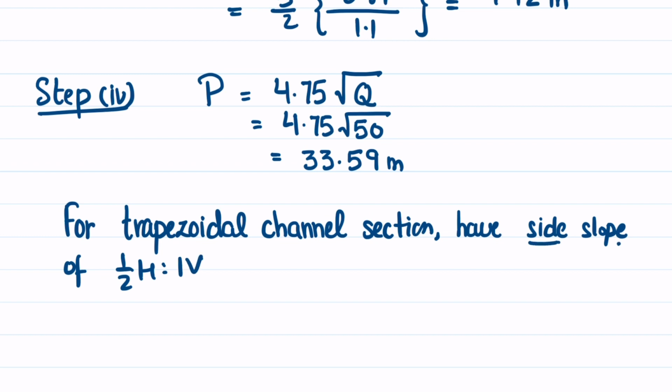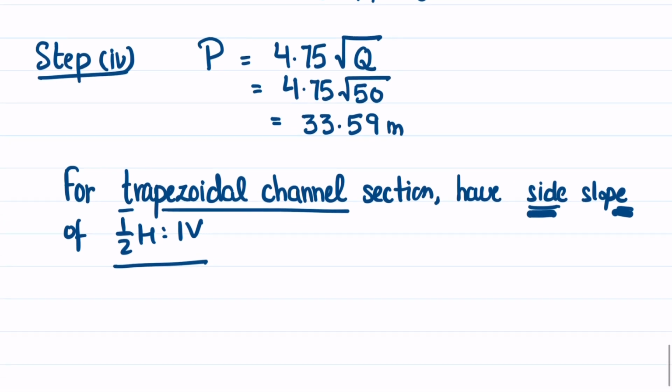Since this value is not given to us, this is what we are assuming. So the area of the trapezoidal channel section will be A equals (B plus ny) into